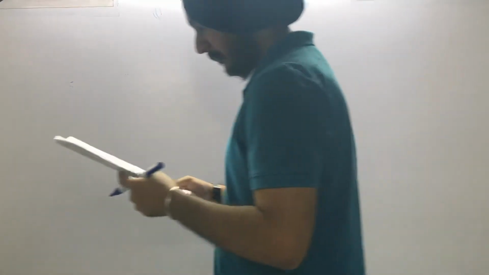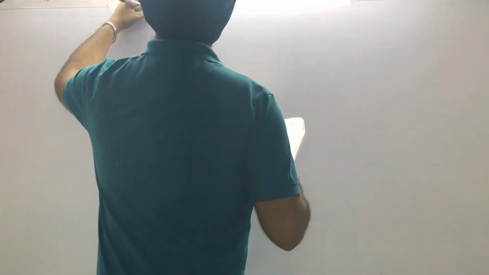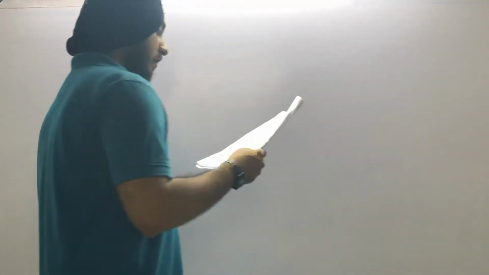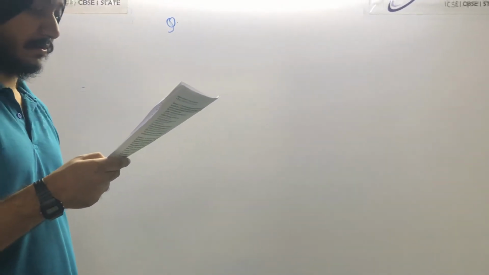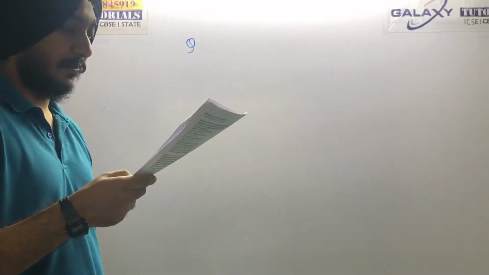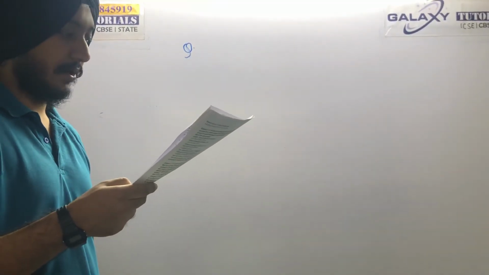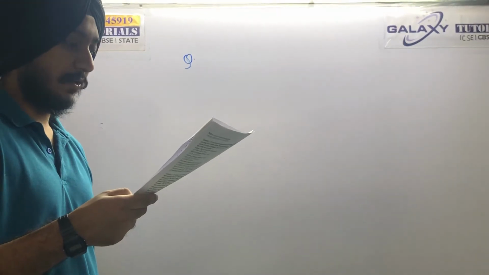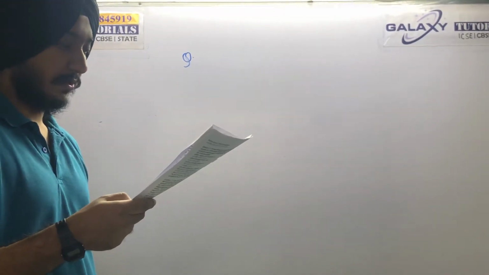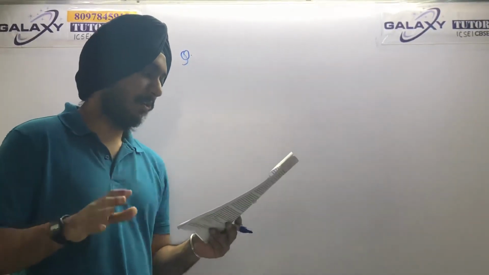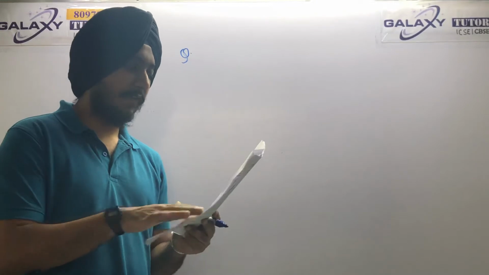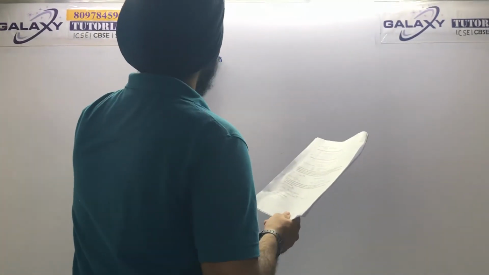Let's go forward now. The next question that we are going to do is this. What they have given in the question is that a book has many printing errors and contains four different formulas for the displacement of a particle going in a certain periodic motion. So there is a physics book we are talking about. In the physics book there are many errors. They have given us four formulas that are given in that book.